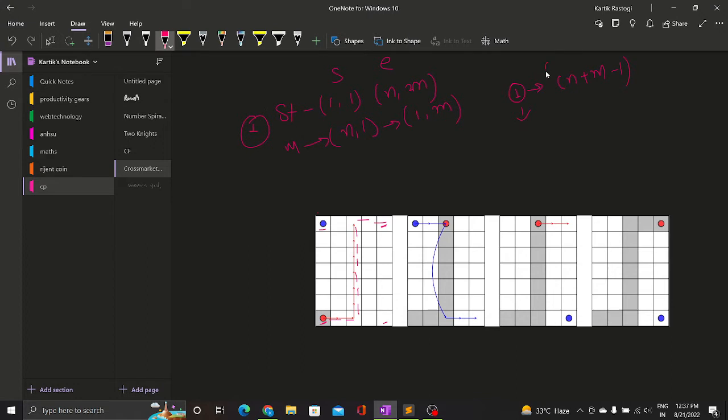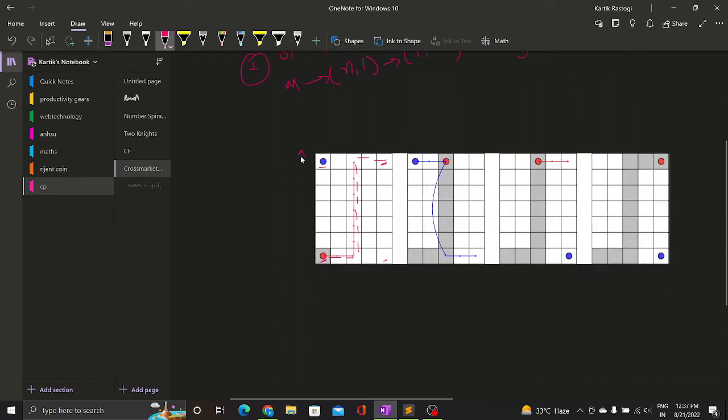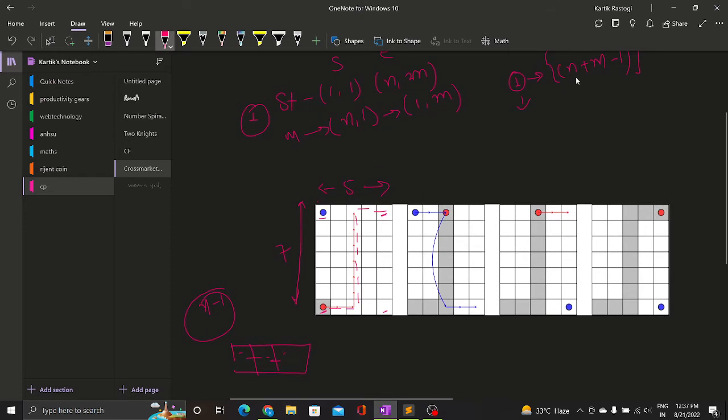It is by observation. There is no hard and fast rule, but you can observe it very quickly. Like it is 7 and it is 5. If there are three blocks, the minimum energy needed to go from here to here is 2, like total number minus 1. So that's why I'm doing total number minus 1. So this is the minimum energy required